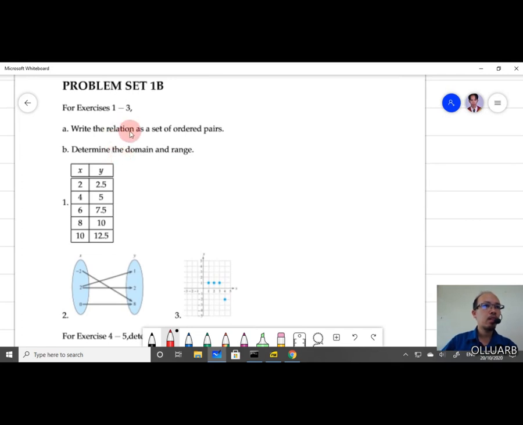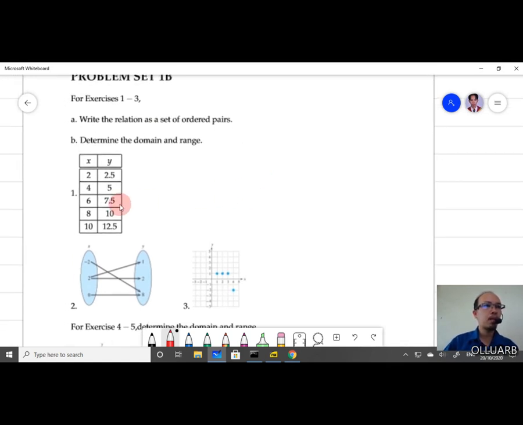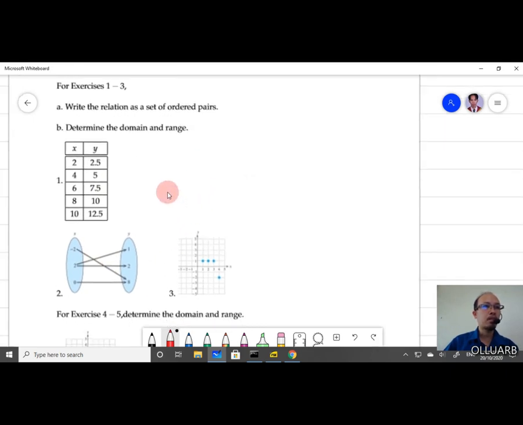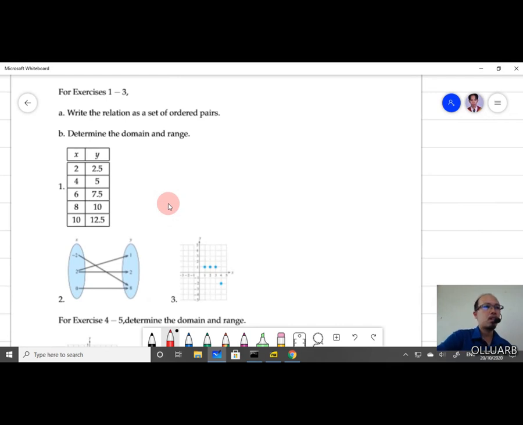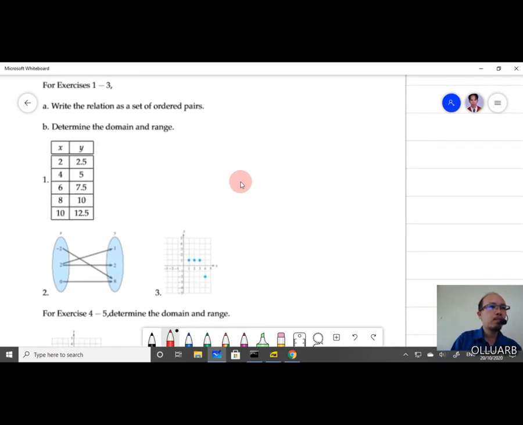Letter A, write the relation as a set of ordered pairs. For problem number 1 up to 3 as a set of ordered pairs. Okay, so meaning to say, for this problem set 1b, this is the solution for this one, set of ordered pairs. So you will write it this way: